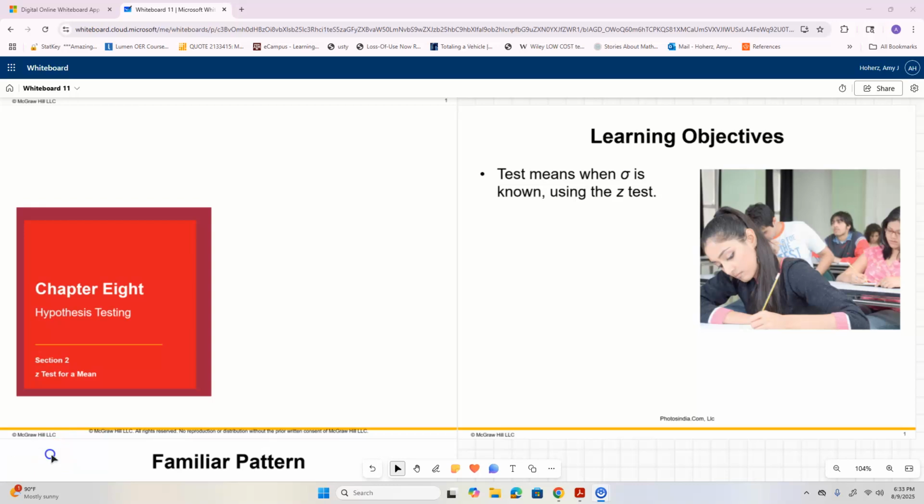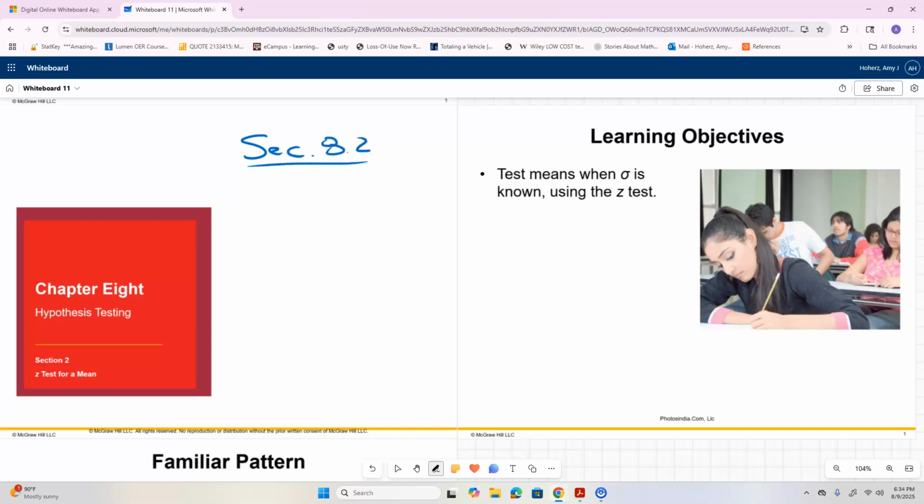Hello again, and welcome back to section 8.2. In this section, we are going to be actually completing a hypothesis test. For the first time, we have laid all the groundwork that we need with section 8.1 for us now to complete a hypothesis test from start to finish. So in section 8.2,